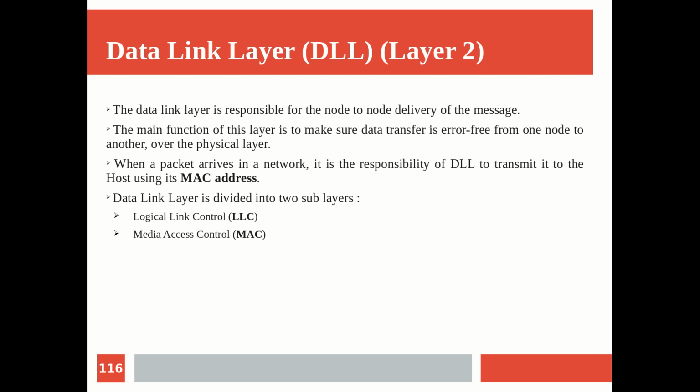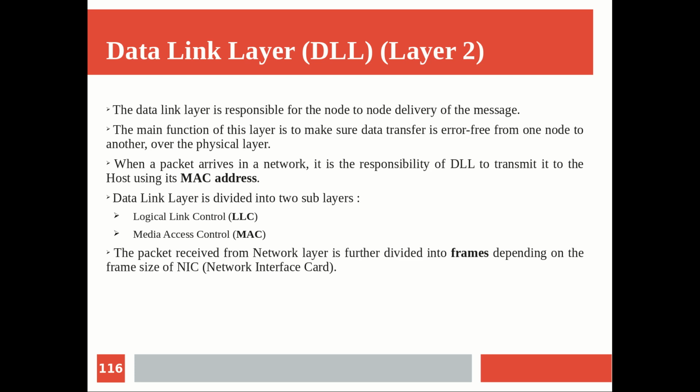Logical link control will take care of flow control and error control functionality, and of course the division of the data into units called frames, or simply framing, and decisions like what the frame boundary could be, and how to form the header and trailer of a frame. All those things will be taken care of by the logical link control. Media access control is purely for accessing the media.